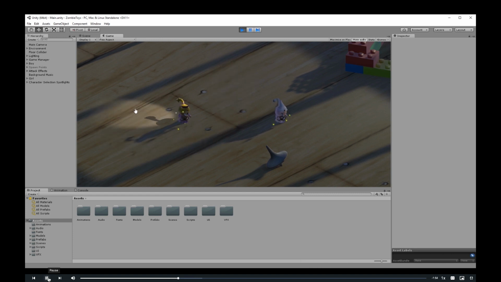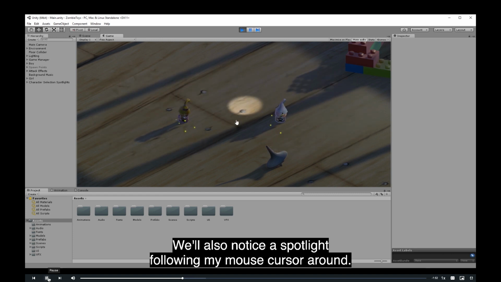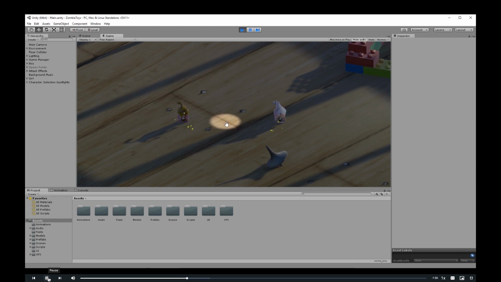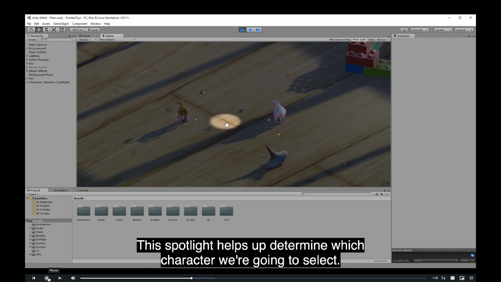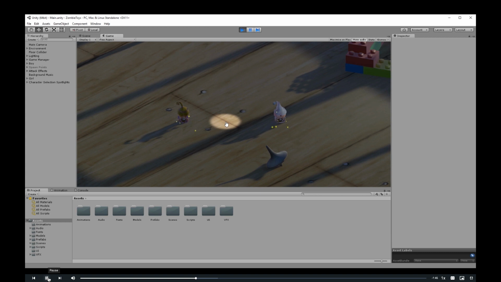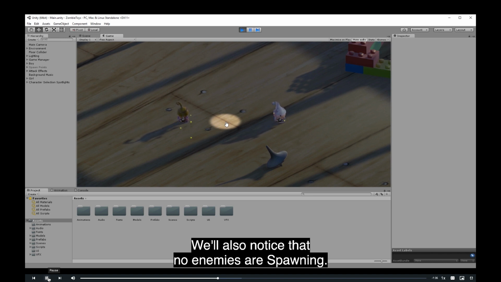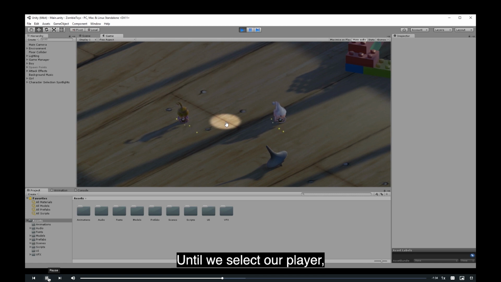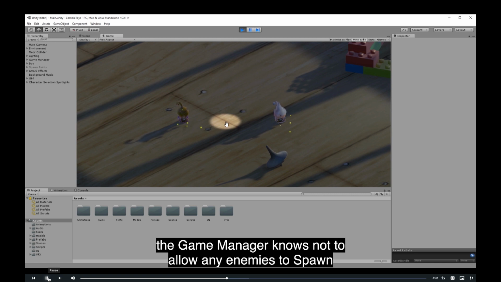We'll also notice a spotlight following my mouse cursor around. This spotlight helps us determine which character we're going to select. We'll also notice that no enemies are spawning. Until we select our player, the game manager knows not to allow any enemies to spawn, so we have time